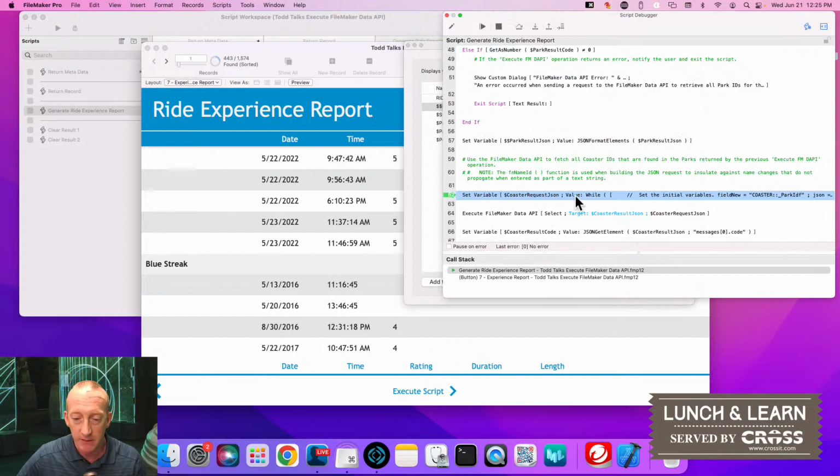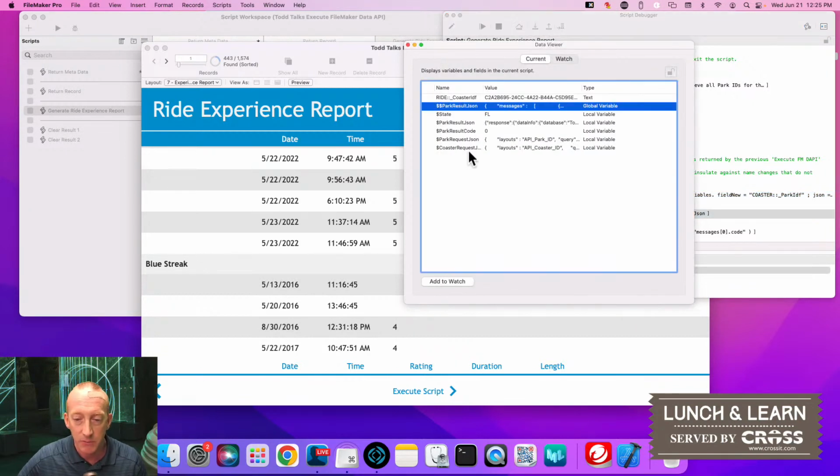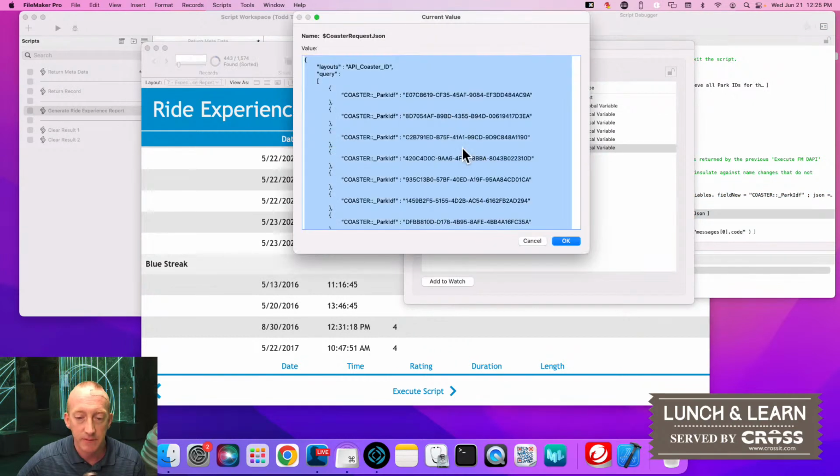is in our calculation go ahead and repackage the information that was returned from the first Execute FileMaker Data API to build our request for our second use of that script step. So I'm just going to go ahead and let that script step run. So now we have our request to find all of the coasters, and so now we have our array created